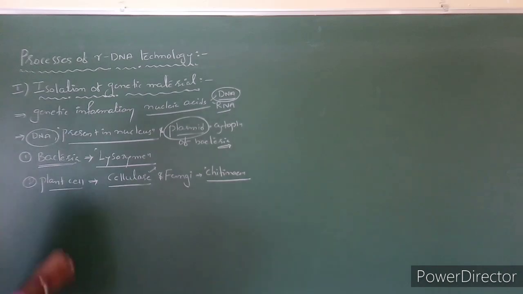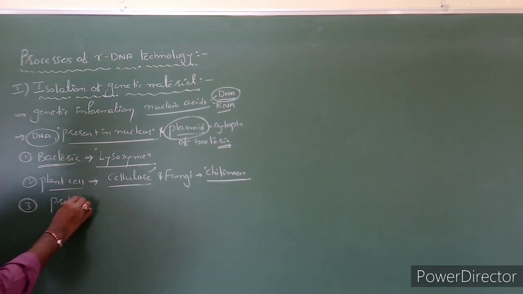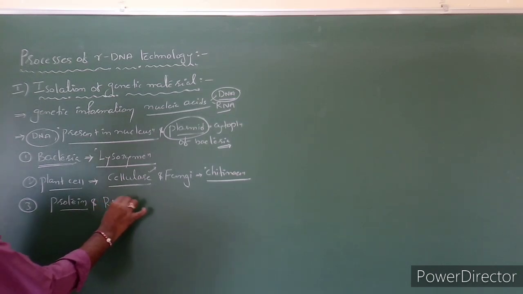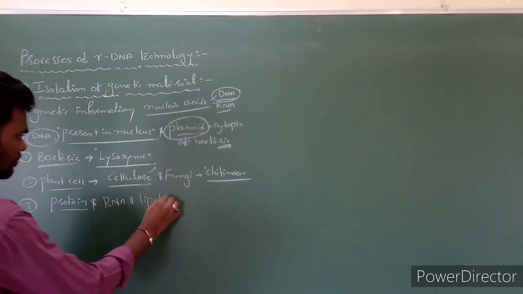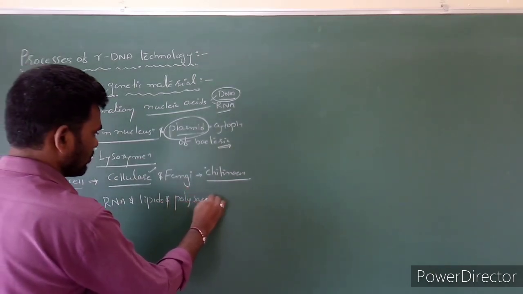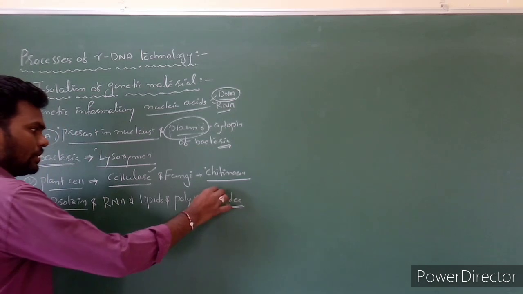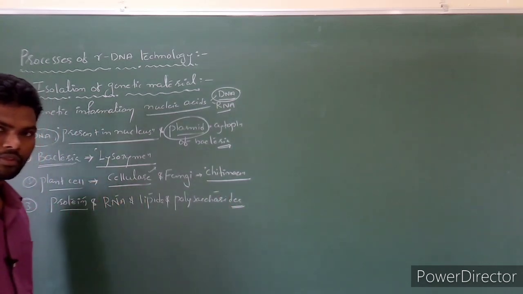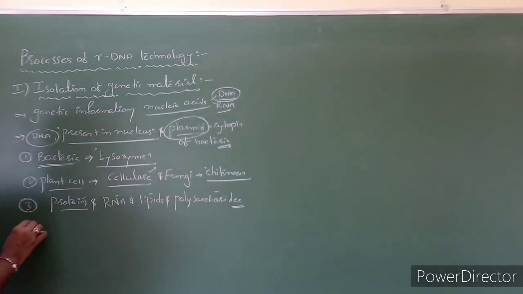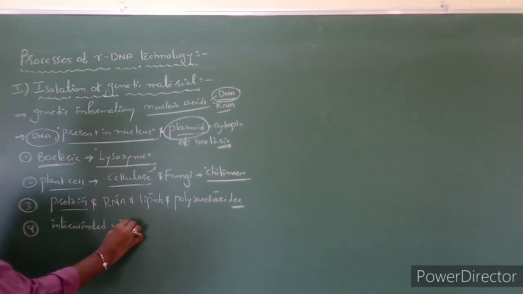Okay. Next, within the cell there are a number of chemicals as well as molecules like proteins, RNA, lipids, polysaccharides. These are all present. We have to separate all these chemical molecules from the nucleus. So first, generally DNA is intertwined with the histone